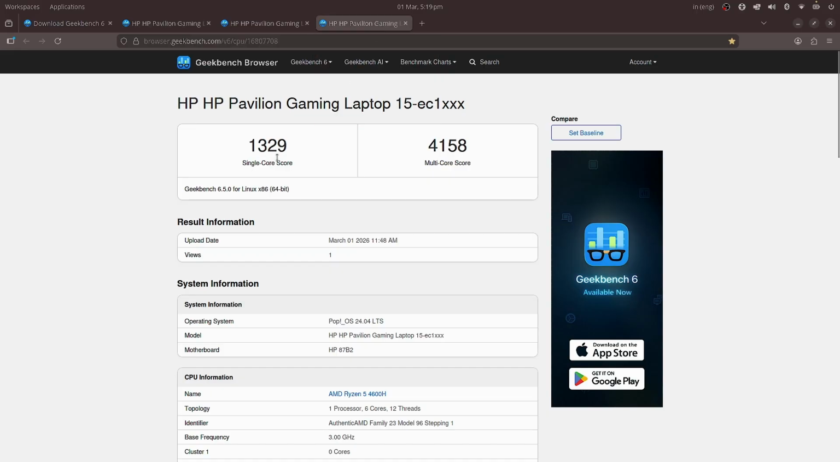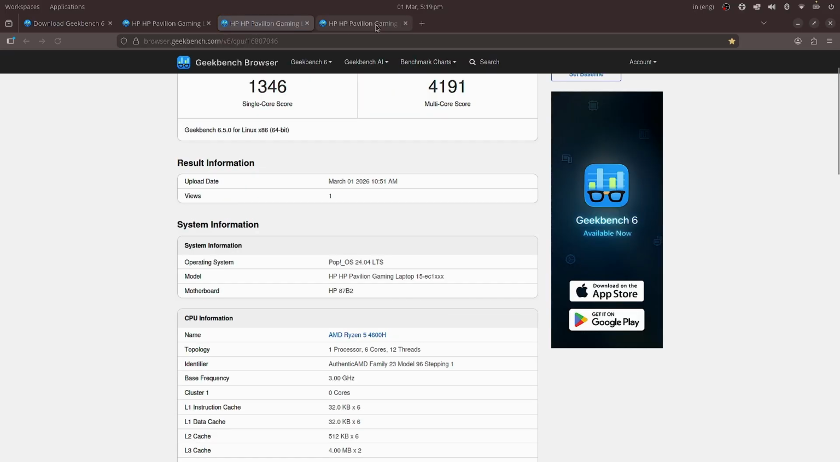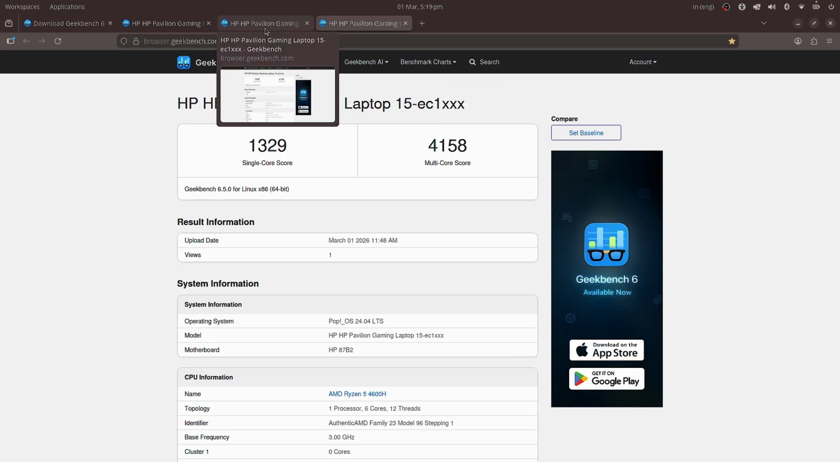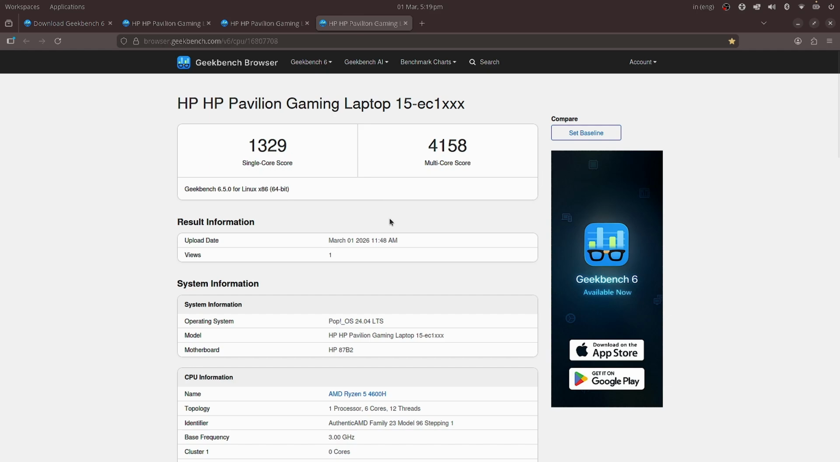It was 1361, and now it is 1329. So there is a good improvement in the single core scores as well as a good improvement in the multi-core scores. And now you compare this with the balanced power mode and Liquorix kernel. You can see there is not much difference here. It is almost the same. So with the